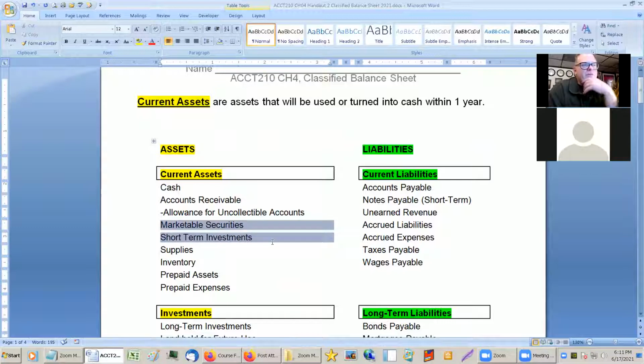Marketable securities and short-term securities do the same thing. These are investments in buying stocks. So if you buy stocks of another company,